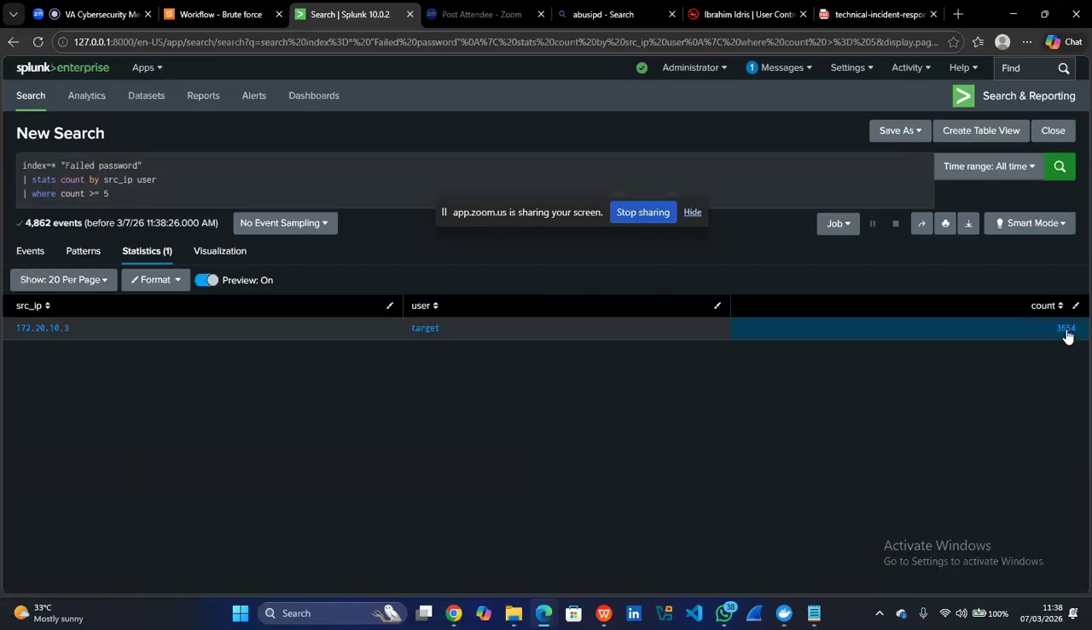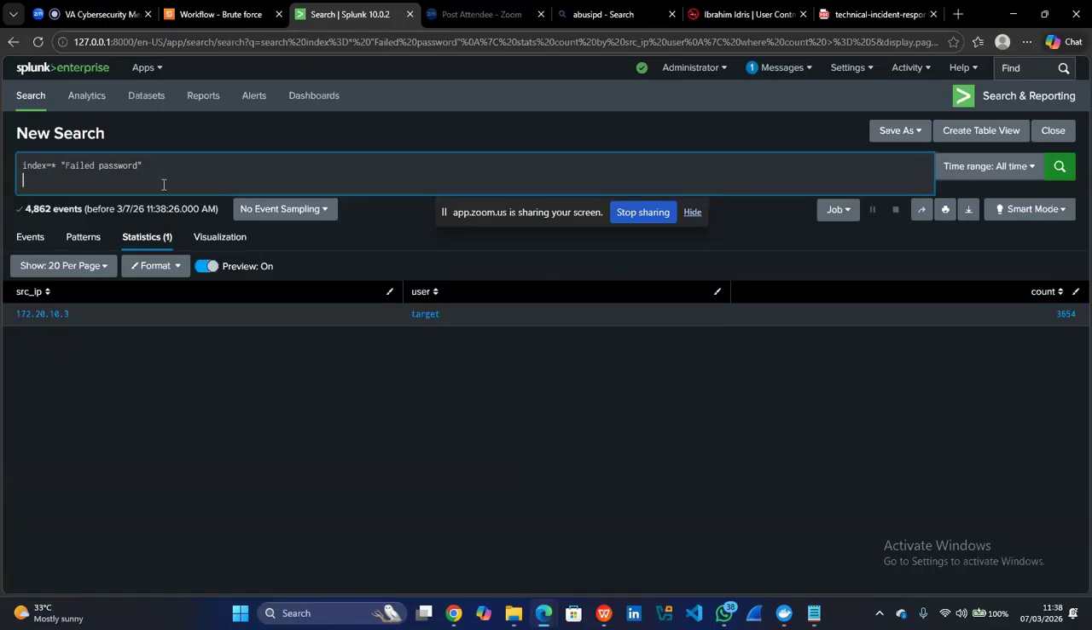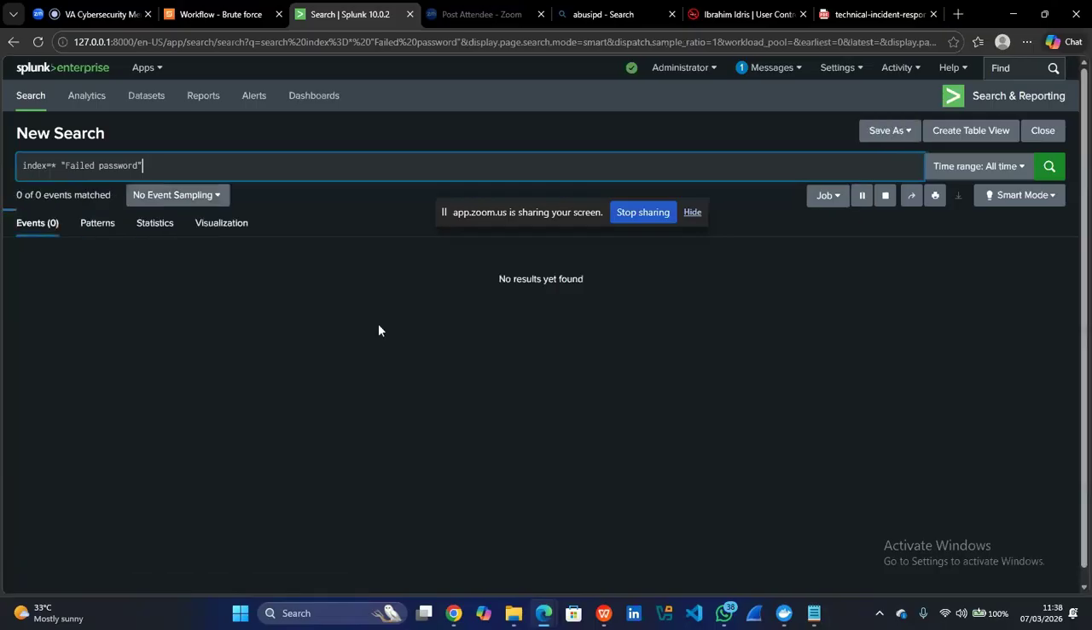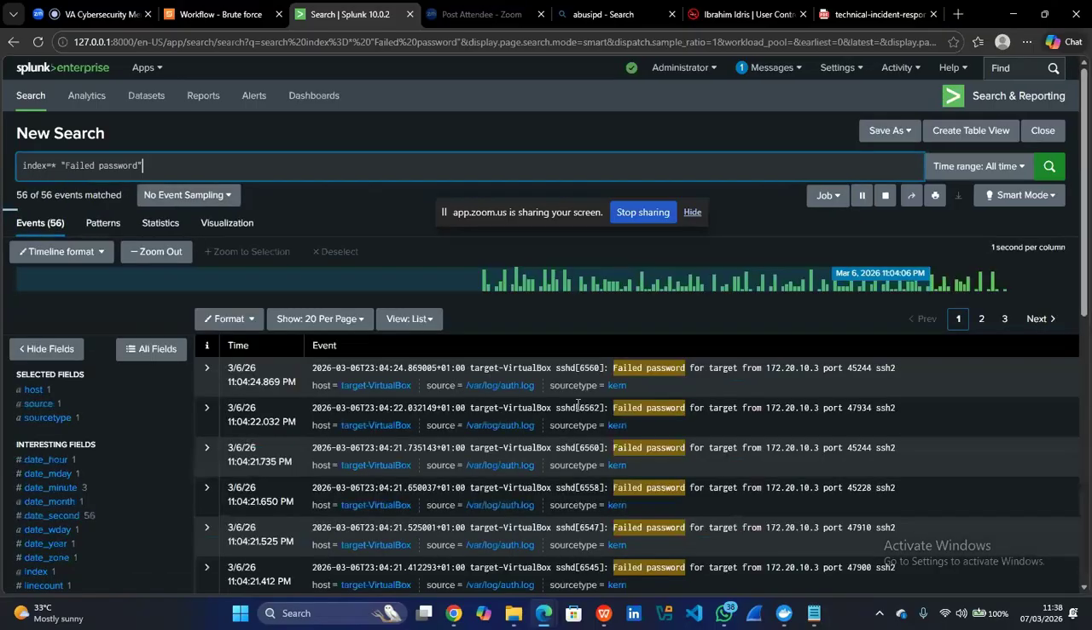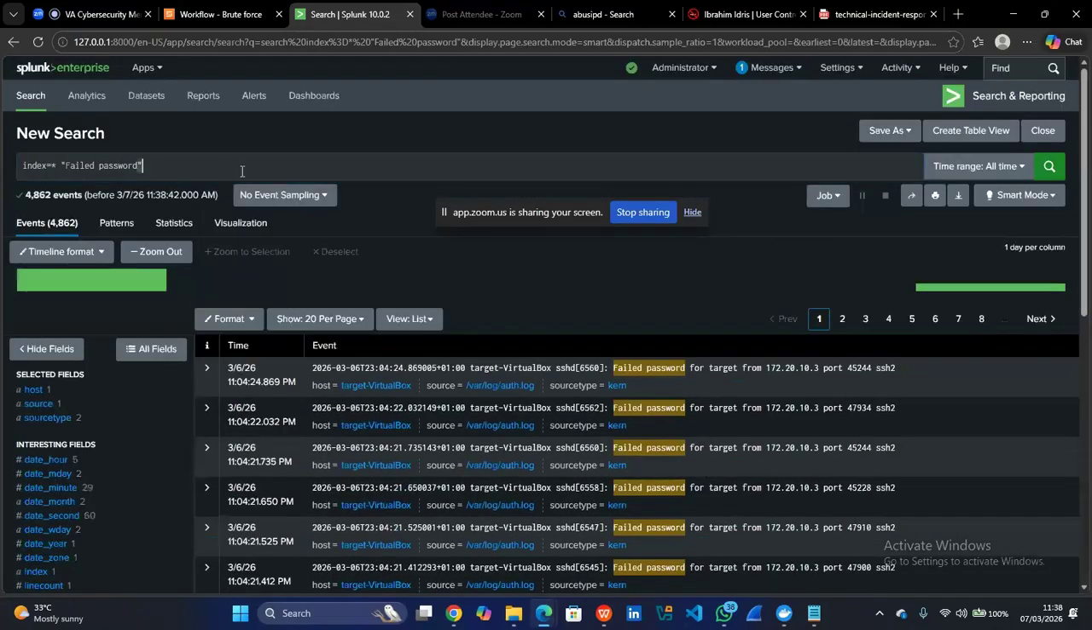Yeah, so it's because we have 3,604 failed login attempts, right? So if you say screenshot, this is basically what you're going to be screenshotting. Not that you're going to screenshot this, because we have a lot here. So you need to narrow it down and screenshot just that part that has to do with showing that